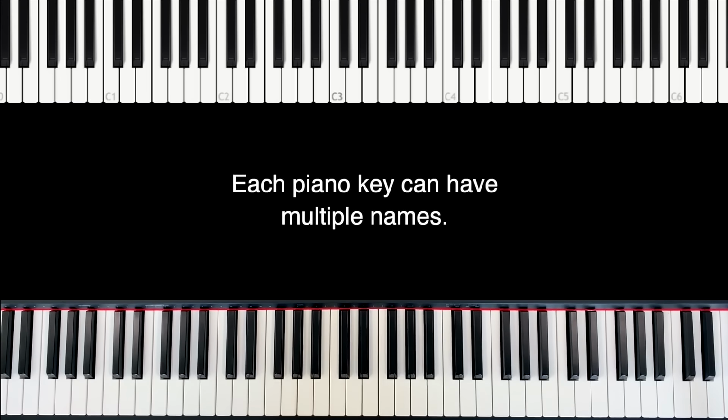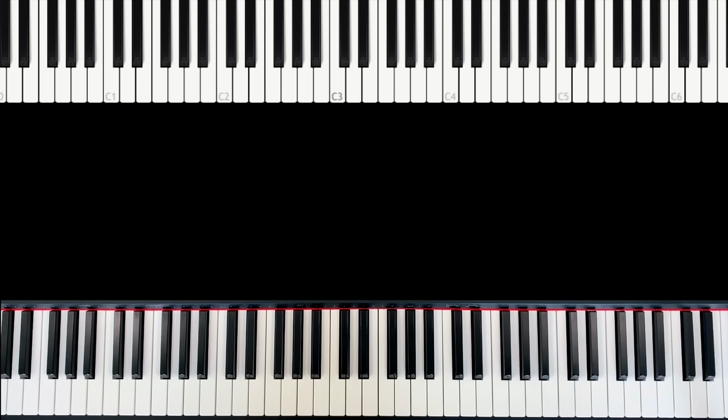I have lessons for this as well, where I explain this step by step and in detail. But it's a very complex topic, and it depends on the context if we call this key A flat or G sharp. But for now, it's totally fine that you understand that a note can have multiple names. And when I say, hey, okay, we play the A flat now, that you know that we play this one. Okay, and this is how you can find all the notes on your piano.